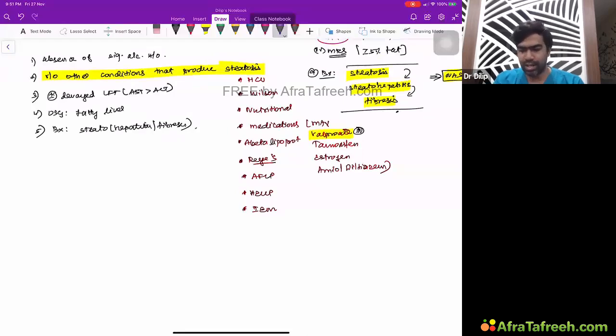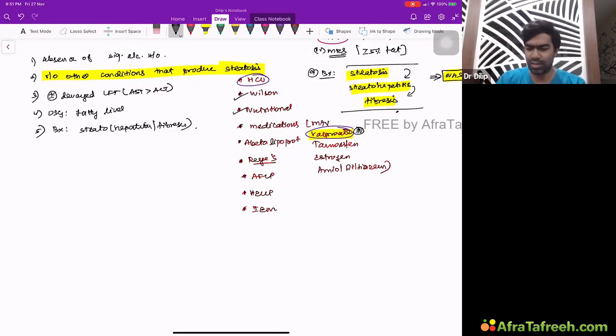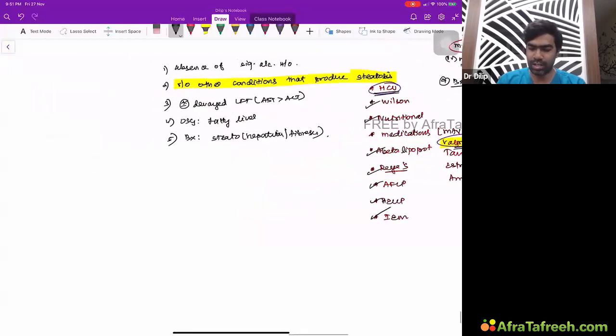But to our understanding, the most significant thing in our clinical practice that you have to rule out is hepatitis C virus. Very, very important. And second is medication like valproate. So at least these two things are very important to rule out. Other things may be very obvious. Wilson will be having other features. Nutritional problems will be clearly seen in history when the patient is severely malnourished, having a rapid weight loss, or has undergone a bariatric surgery. So history-wise, you can easily find out all these things. But at least for our exams or for our clinical knowledge, the two most important things to be ruled out are drugs and hepatitis C virus, which can cause a significant amount of steatosis in the liver. So you have to rule out all other conditions that produce steatosis.